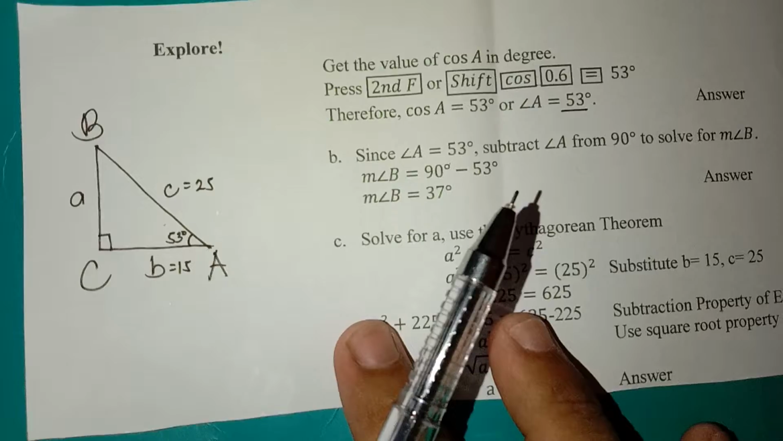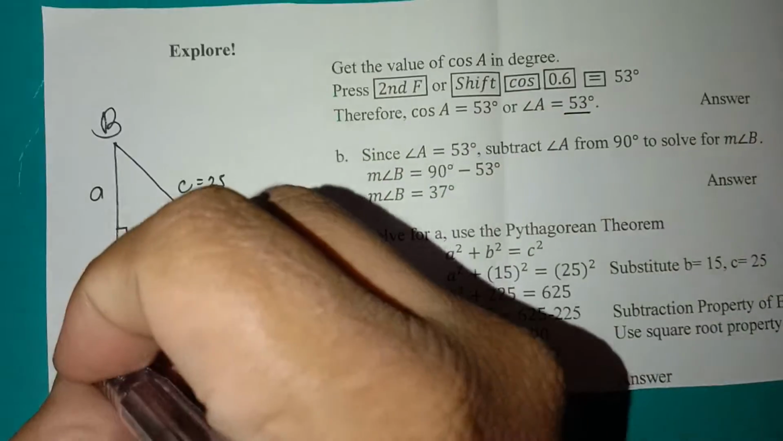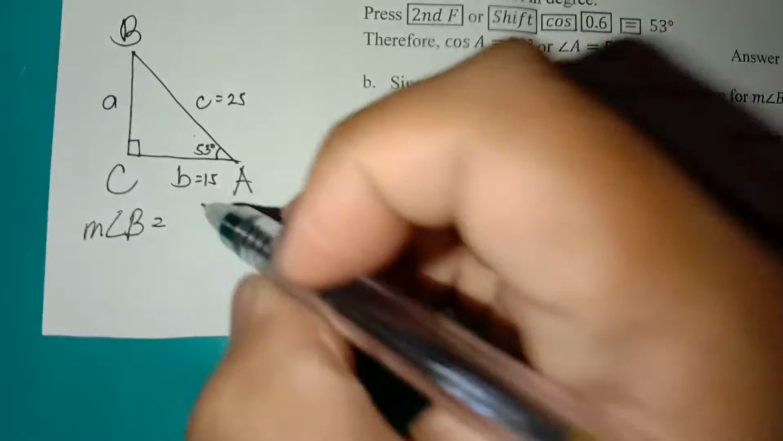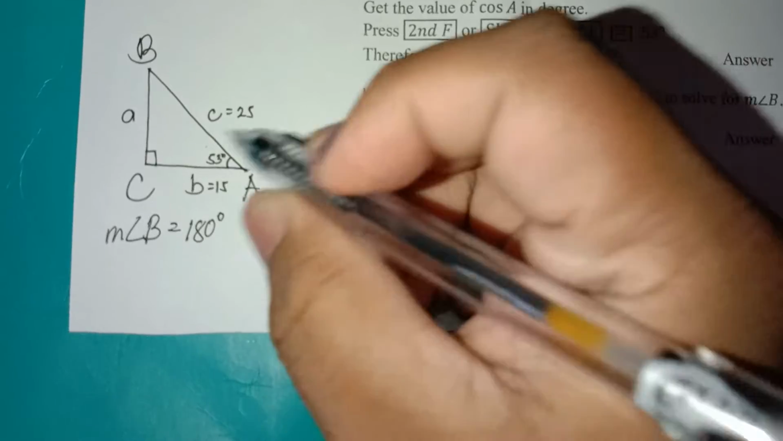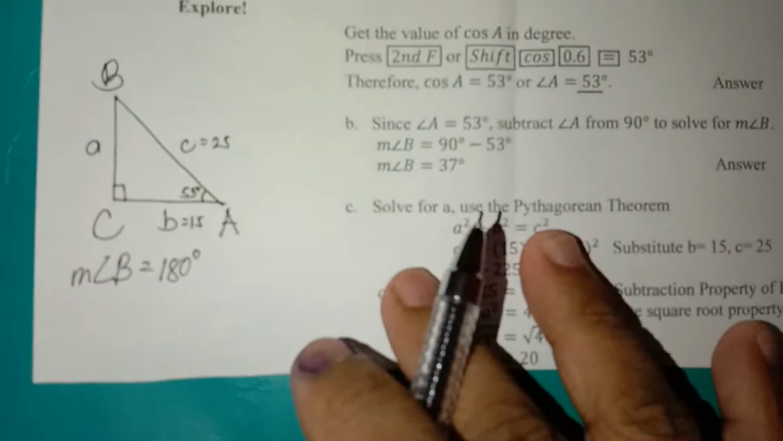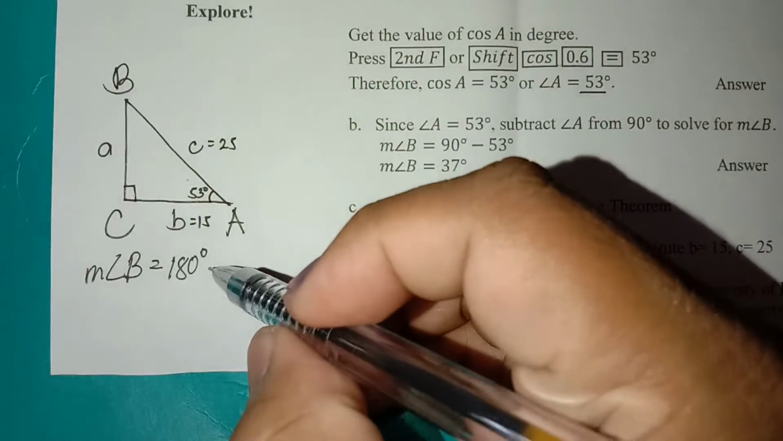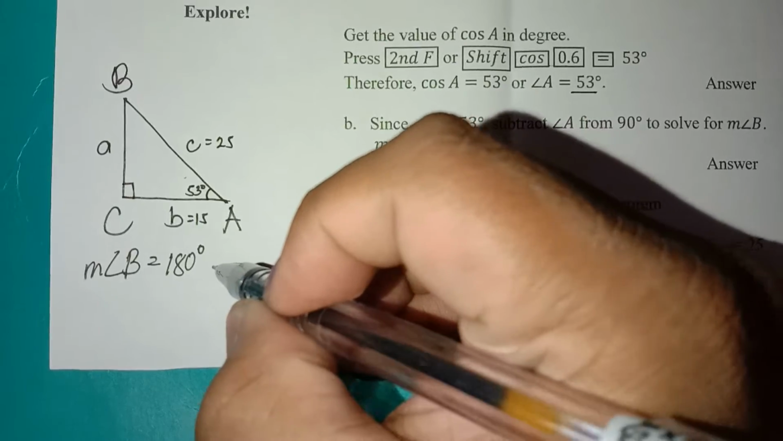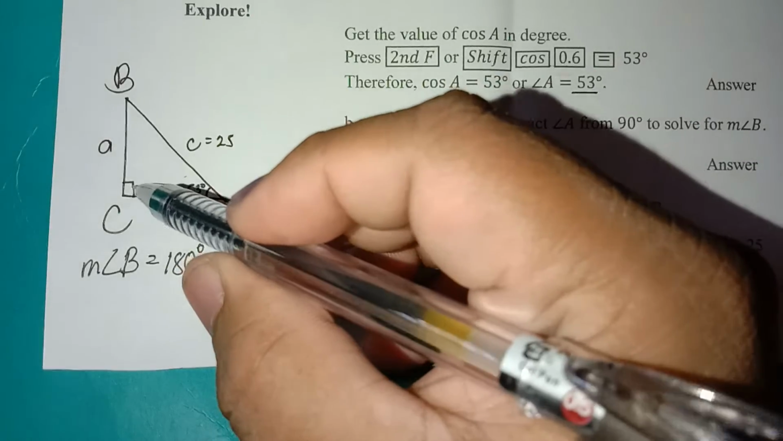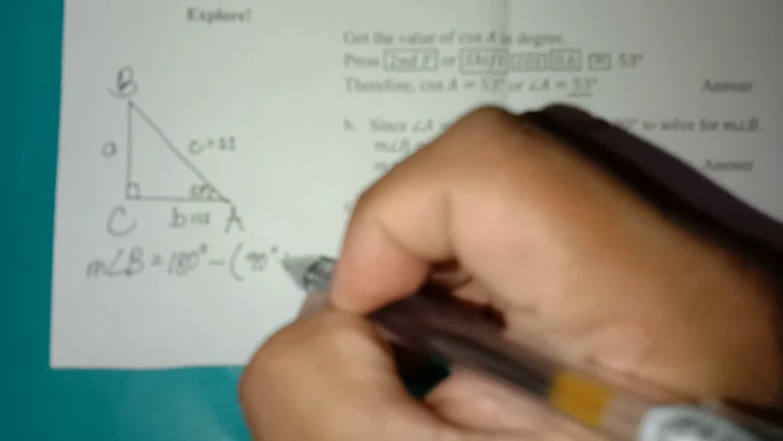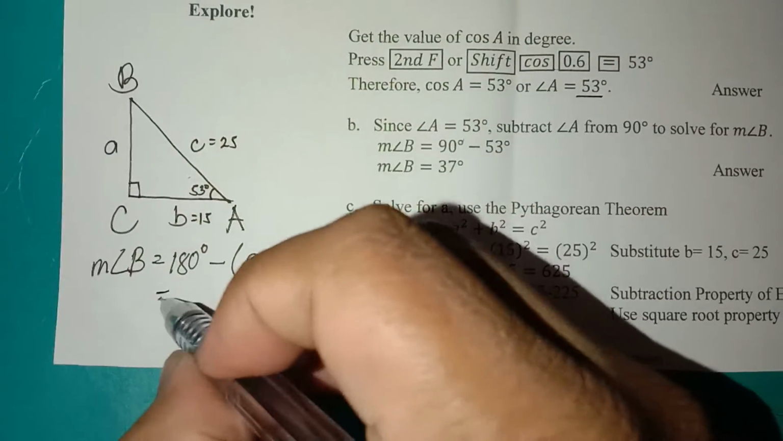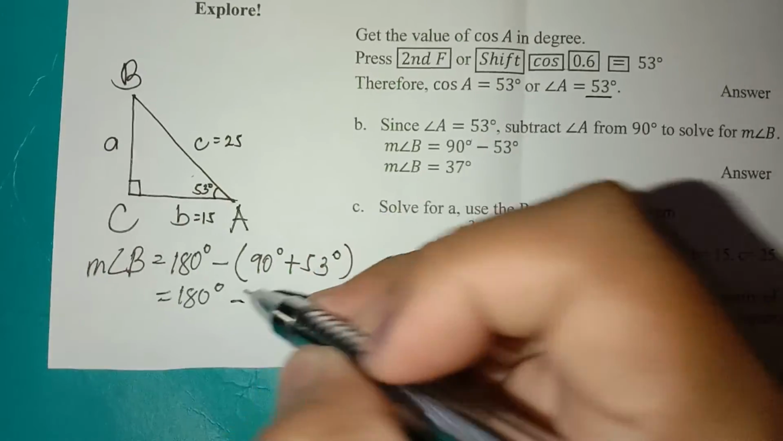So another one is we're going to use the angle sum theorem of a triangle. In order to solve for the measurement of angle B, that is equal to 180 degrees. Okay, since the sum of the three interior angles of a triangle is 180 degrees, so 180 degrees is what we will write here, 180 degrees, then minus the given angles which are 90 degrees plus 53 degrees, then equals 180 degrees minus,